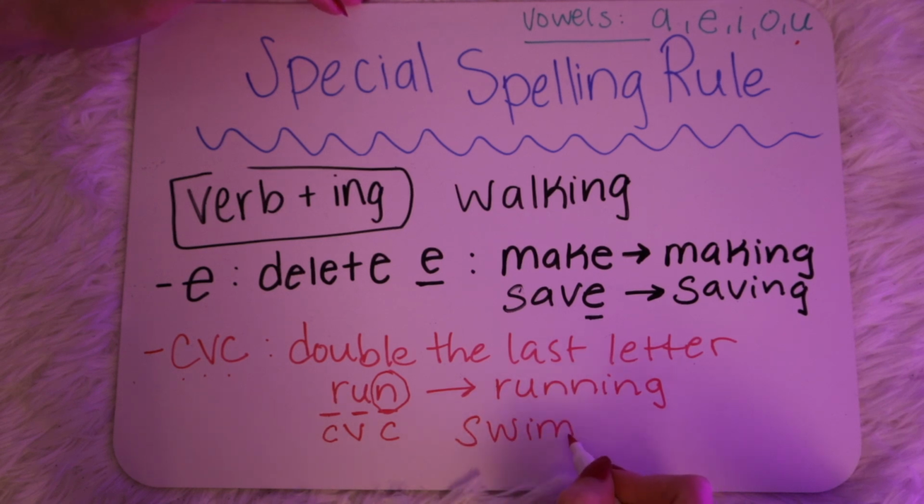Swim. Here we have a W, which is a consonant, an I,